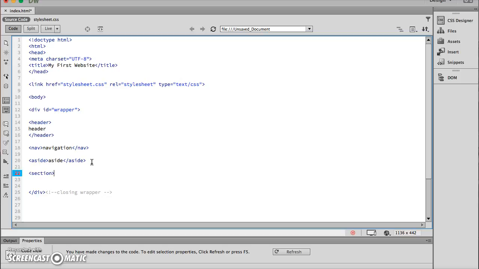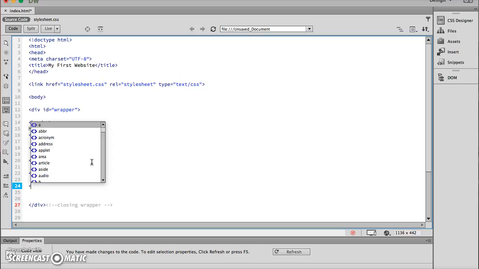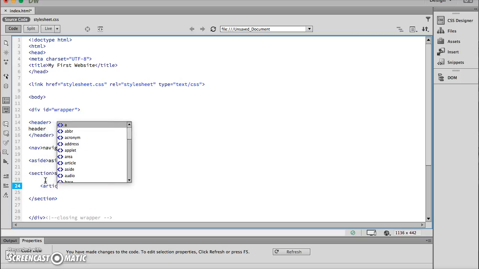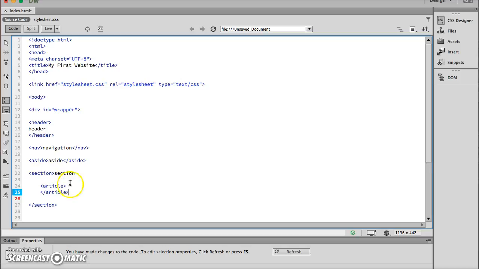This is where main bulks of your content will end up going. Now in this section folder, I'm going to write section, but I'm also going to have another element embedded within this. So this I'm going to call article. This is where your main content information will go. If you've got any blog information, this will go into here. So just make sure you close that as well. So we have navigation and closing, aside and closing, section, article within that, closing the section,